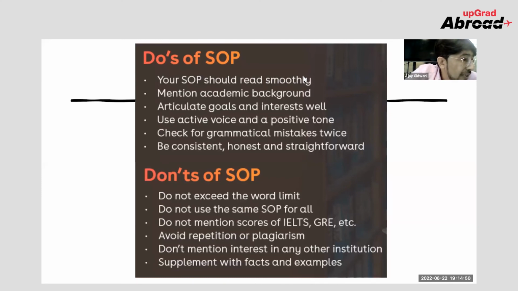Sir, after 12th, I took admission for BBA, but then I was lost between the things I was learning and what I wanted to learn. So after the first year, I dropped out. I had a gap of 1 year, and now I am approaching the studies I want to do. Am I eligible? Would I be accepted? It is a little difficult because all universities don't accept you, but we have a tie-up with one or two universities wherein we can definitely help you. So you can be in touch with our counselor. They'll definitely help you with that.